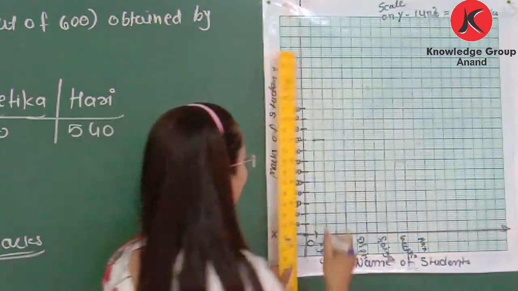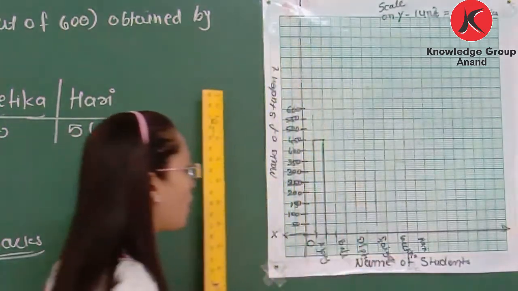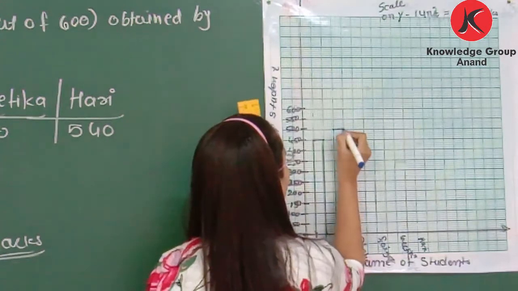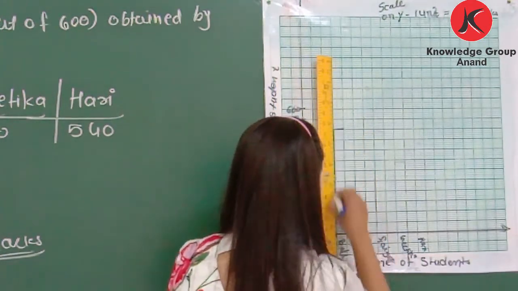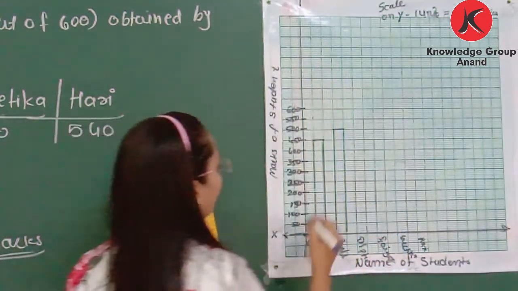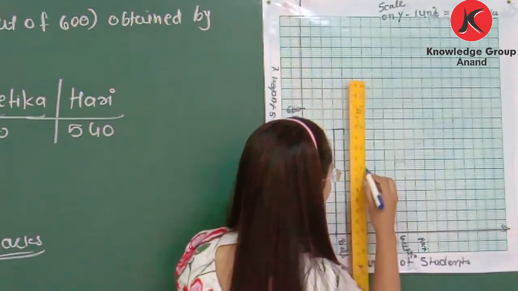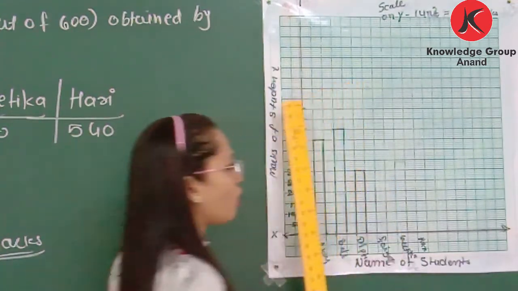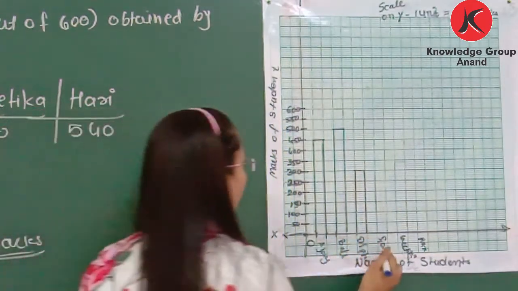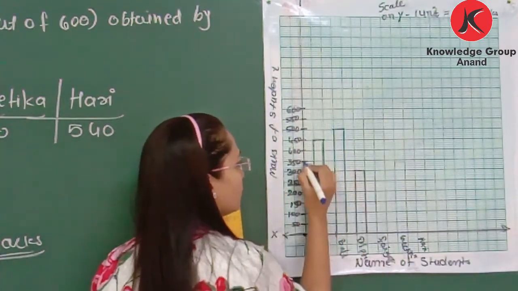Now, Ajay scored 450, so our 450 is here. So let's draw a bar for 450, that is the marks of Ajay. Now we will draw the marks of Bali, that is 500. So we will draw a bar for 500. It will be like this. Then Dipti scored 300 marks, so it is here. Now you can see in a 5 by 5 graph, it will be easy to take a scale of 50. You can also select the group of 10. Now Fayaz scored 360. Now 350 is here.